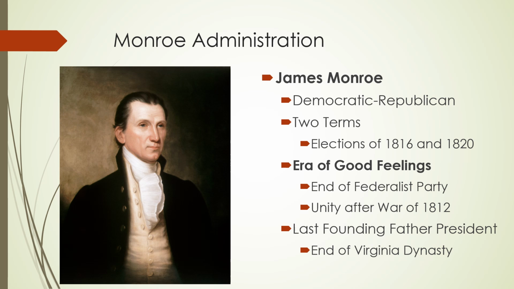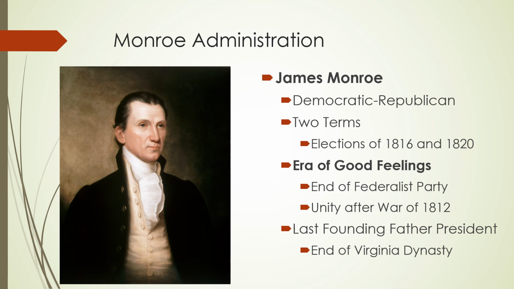Monroe would be elected to two terms, so he's going to be elected in 1816 and re-elected in 1820. The period where Monroe is president is referred to as the Era of Good Feelings. Part of the reason that we call it that is because we had pretty good feelings coming off the War of 1812. Remember, the War of 1812 technically ended in a draw. It was status quo antebellum. It was like the war never happened, but Americans felt like they had won. They had pretty much accomplished all of their goals, except they didn't get Canada, but everything else they had achieved, and so Americans felt pretty good about it.